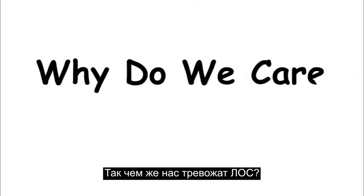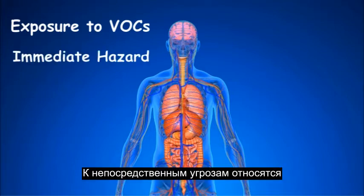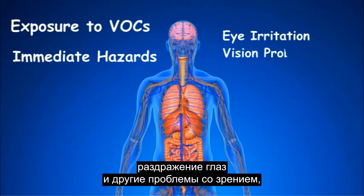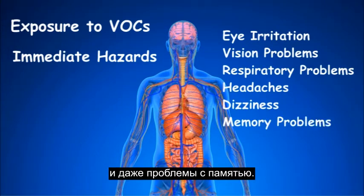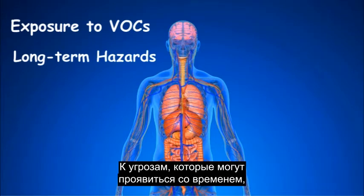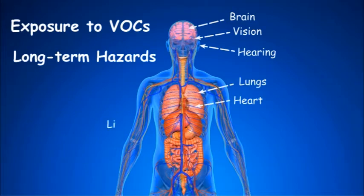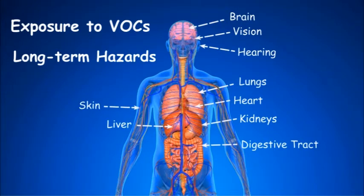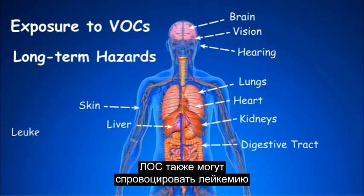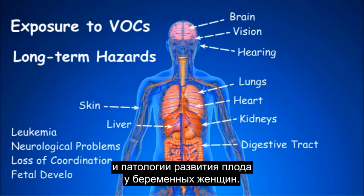So, why do we care about VOCs? Exposure to VOCs can lead to some significant health hazards. Immediate hazards include eye irritation and other vision problems, respiratory problems, headaches, dizziness, and even problems with your memory. Long-term hazards include problems with the brain, with vision and hearing, problems with lungs, heart, liver, kidneys, and the digestive tract, as well as skin problems. VOCs can also contribute to leukemia and neurological problems, including loss of coordination, and can lead to fetal development problems